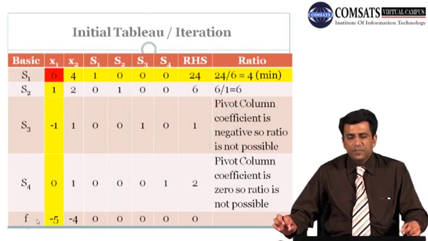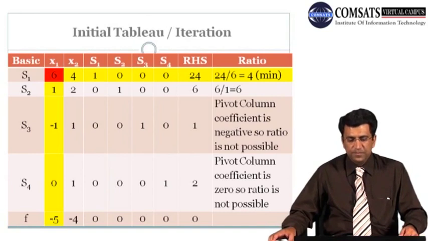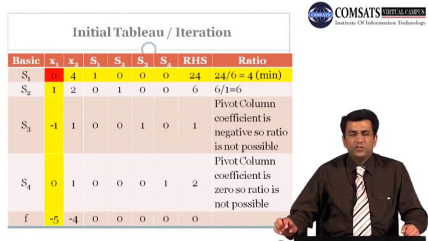If all the coefficients of the objective function are positive, then it means that this table gives you the optimal solution. But in this particular case, the values of the objective function are not all positive. There are 2 negative values, so it means that this table will not give you the optimal solution. So as the next step, we'll have to find out what is the pivot column. For that purpose, we'll have to identify the minimum value of the coefficient of the objective function. So this highlighted column will be our pivot column.